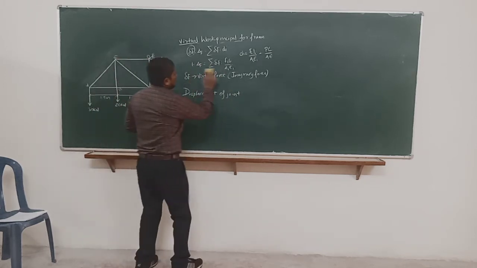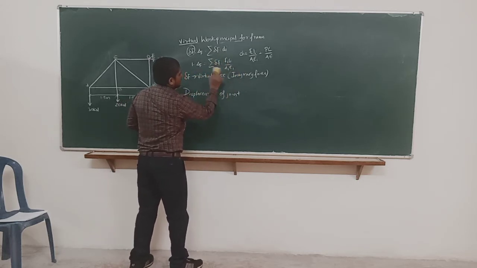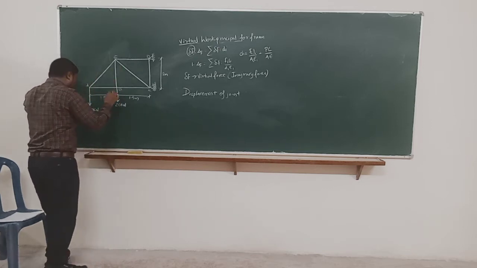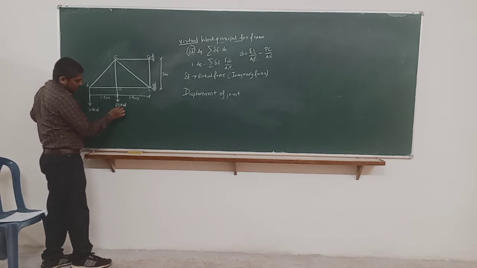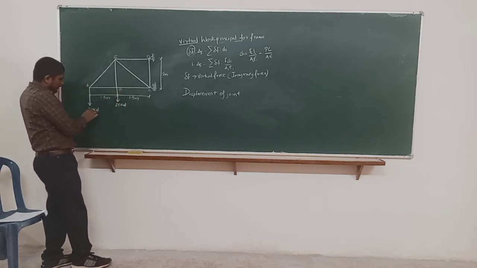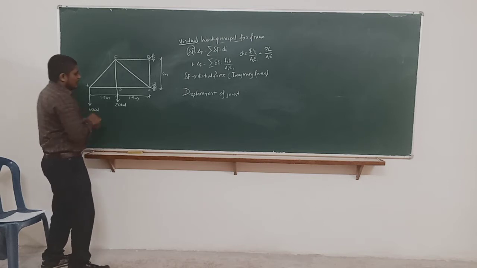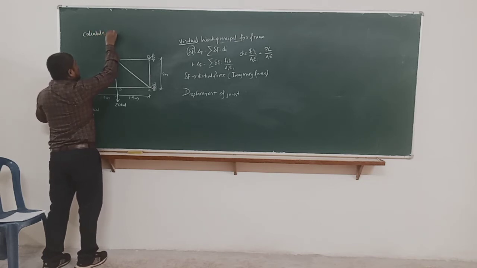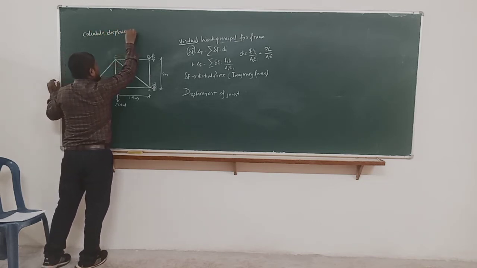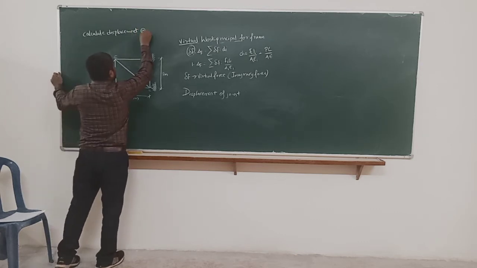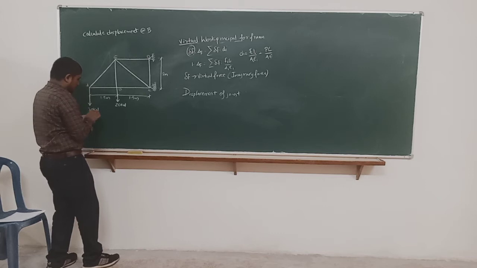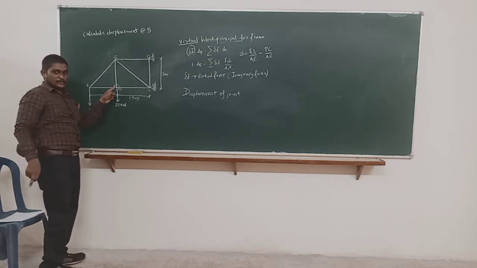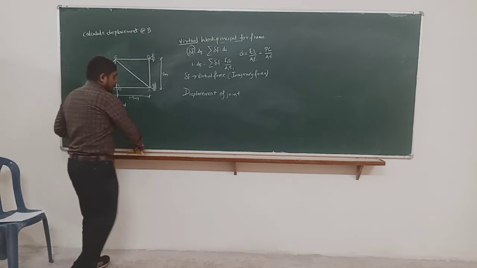Now let us see what equations are there. We have to fulfill all this data from this structure. So there is a truss element here, a truss which is loaded with a point load of 20 kN at point B and 30 kN at point A. In this problem we are told to calculate the displacement at B. So due to the application of these two external loads, what will be the joint displacement at B? This we have to calculate. Now let us go step by step.